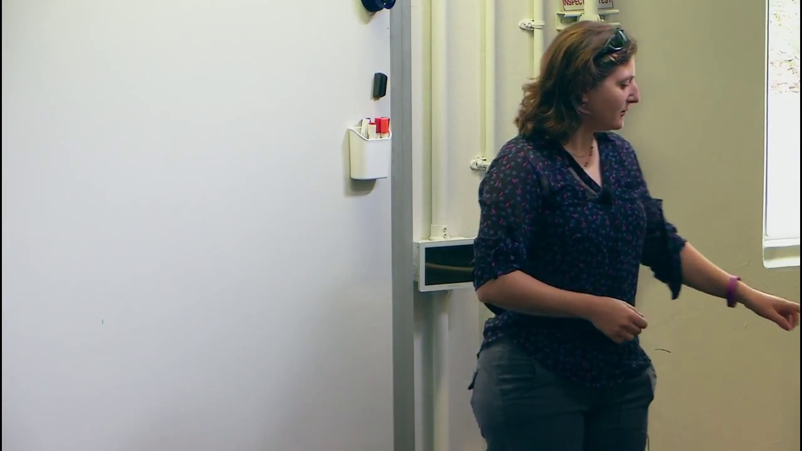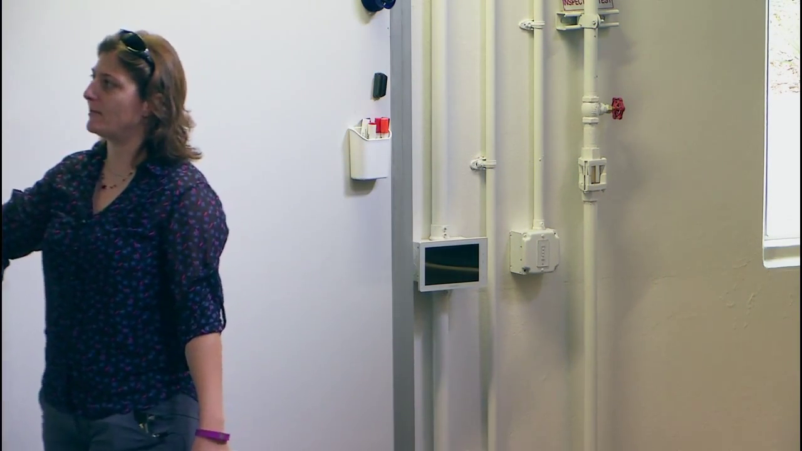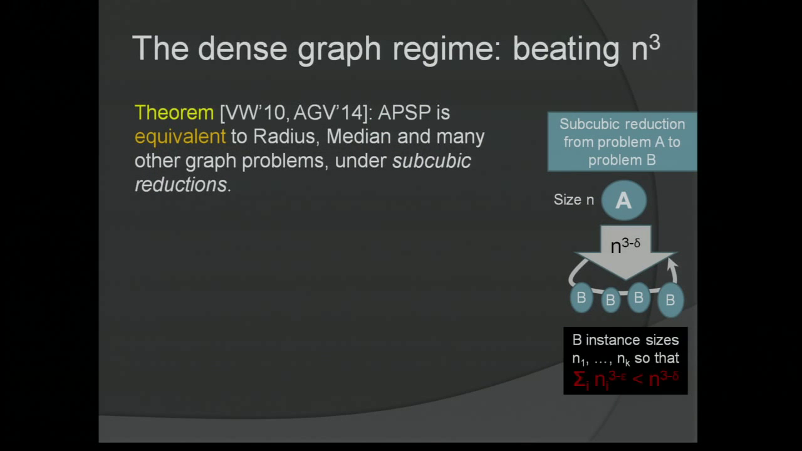All right, so I will recap what I said yesterday, but in the context of cubic reductions, subcubic reductions, and I changed the picture a little bit to make things a little bit more clear. So a subcubic reduction from problem A to problem B is an algorithm. This is the algorithm, this arrow. It takes an instance of problem A, then it runs some algorithm that produces instances of problem B, and these